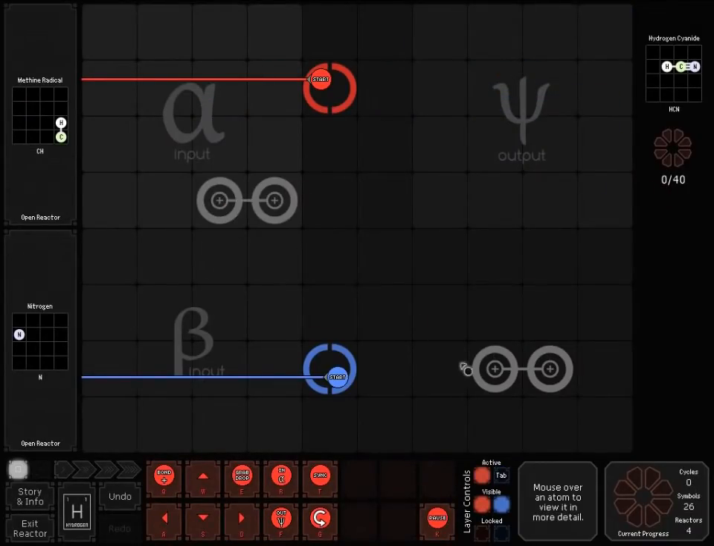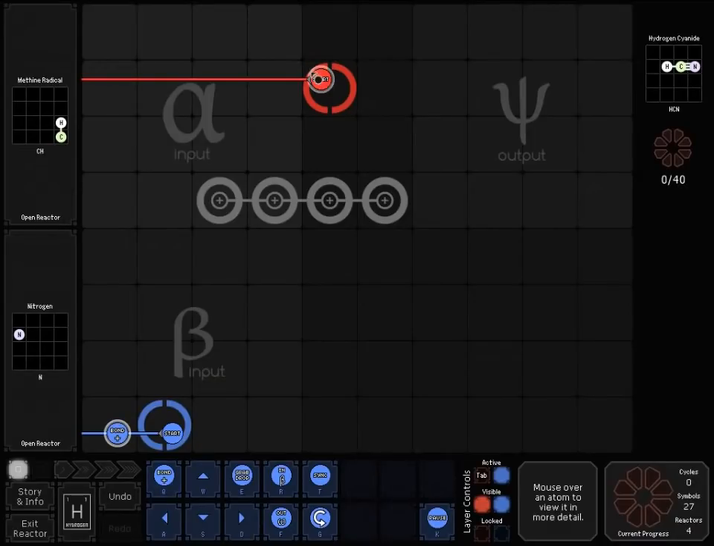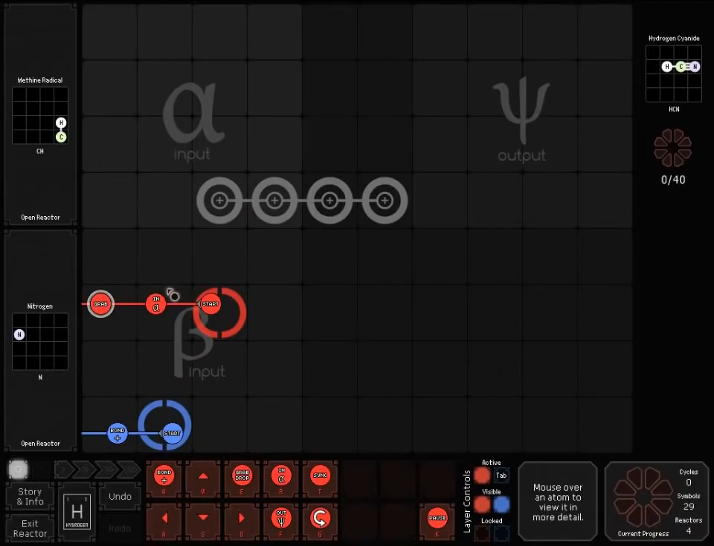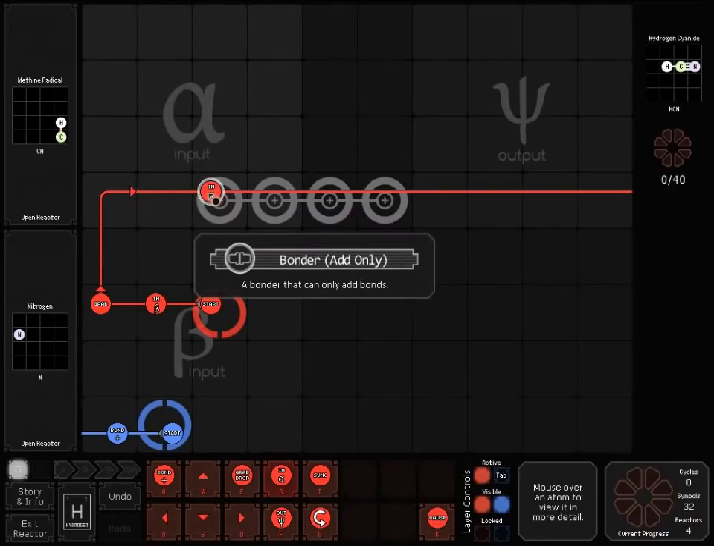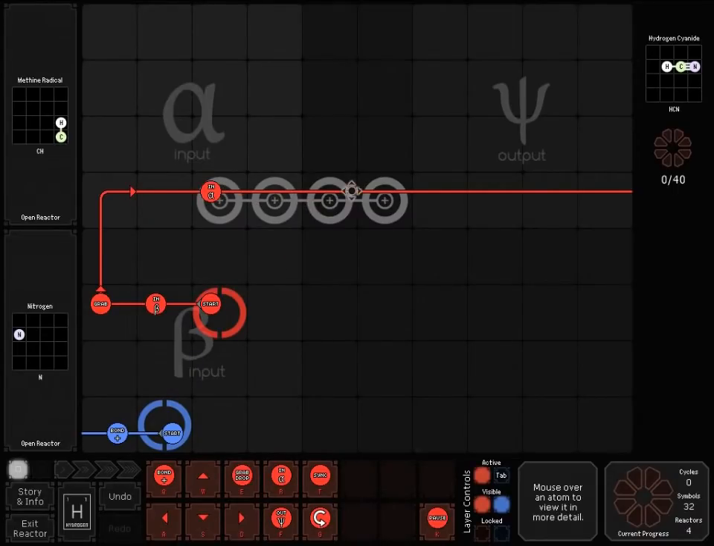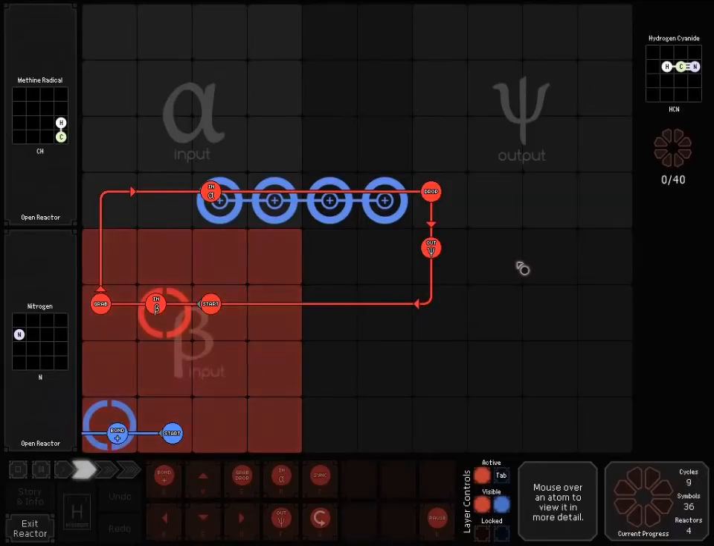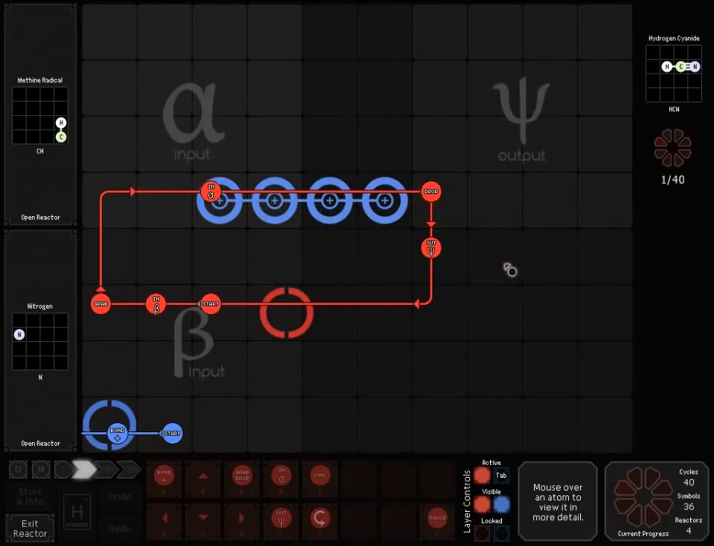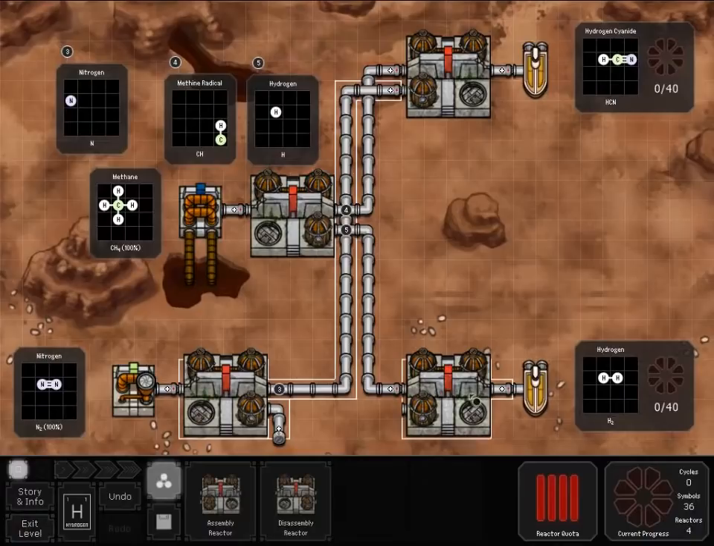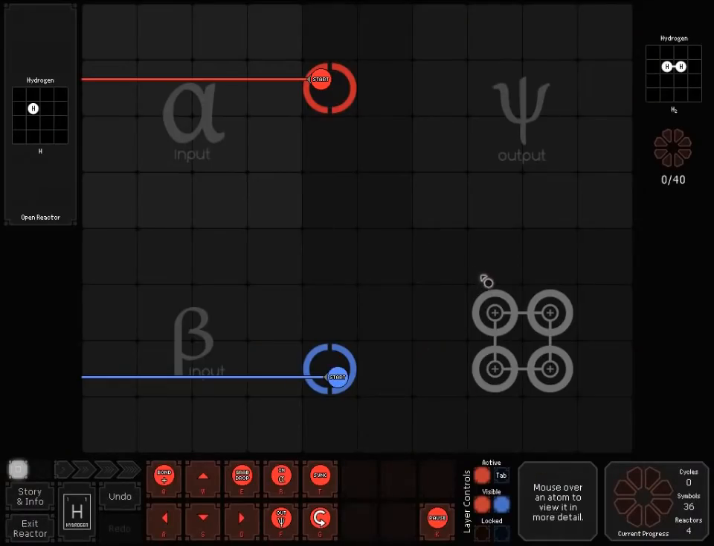So I think it's going to be something like that. Have this guy run into the wall this time. In grab, make sure it's on beta. And on alpha, so bond once, bond twice, bond thrice. Drop there. And output theta. So in. Waits for the nitrogen to come by. There we go. So I got a hydrogen cyanide done. And then all that needs to be done is just combining hydrogen